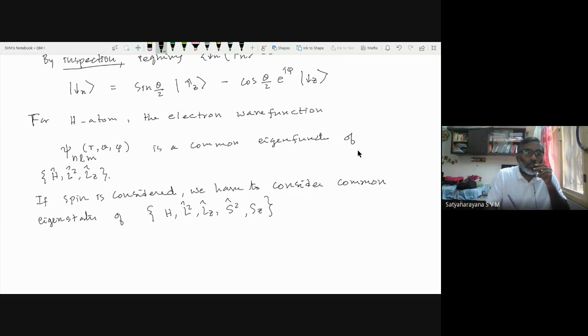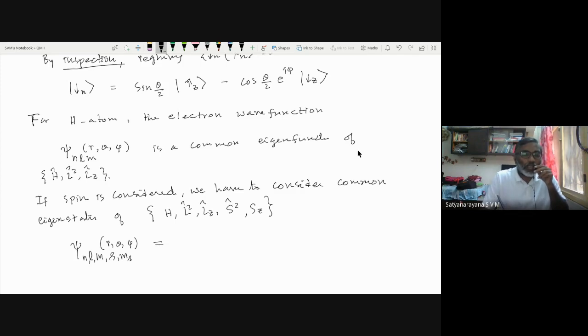So that means your wave function will have n, l, m, s, and then there will be some m_s. Okay, so there will be 5 quantum numbers associated with this. Of course, spin does not depend on these classical variables, I mean the coordinates r, theta, and phi, so that will have a separate part. So usually this wave function can be written as,